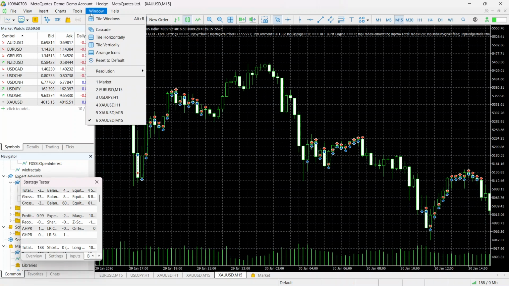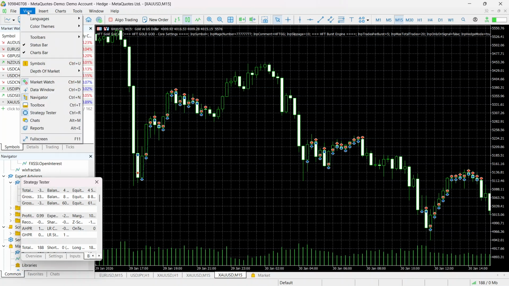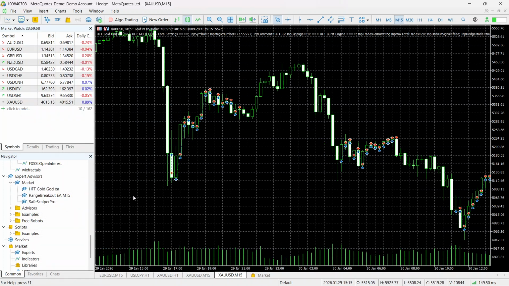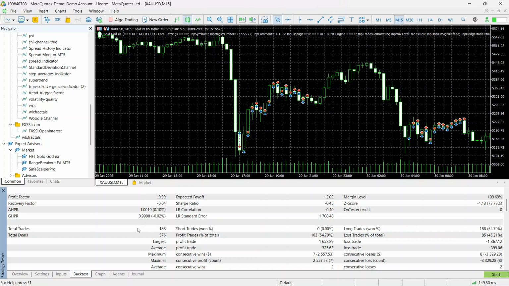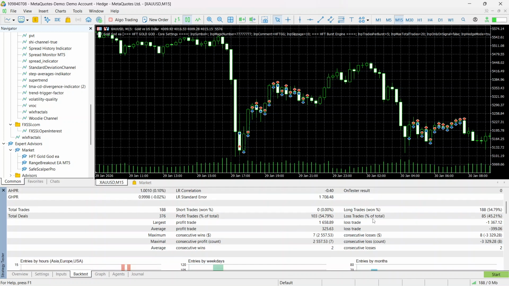Go back to my strategy tester. Okay, so the EA took about 188 total trades, heavily biased towards long trades, with about 54.8% winning. As you can see here, which is 103. Total deals came in about 376. As you can see here,